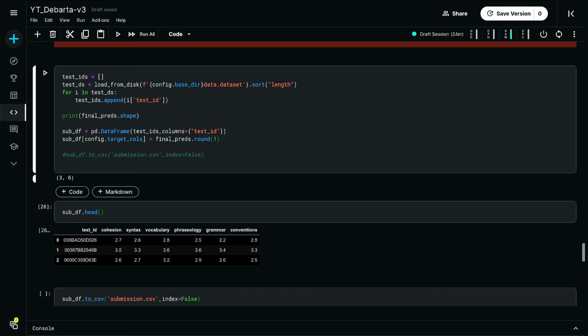And with this submission, I got a public score of 0.44 on the competition's public leaderboard, which is not too great because the top score on the leaderboard was 0.43 or better. But remember, this was a very baseline submission. I did not do much data pre-processing, or any tricks or feature engineering. It was just a direct application of the Deberta model on this dataset to create a baseline submission.